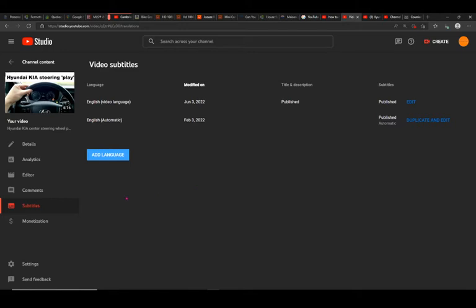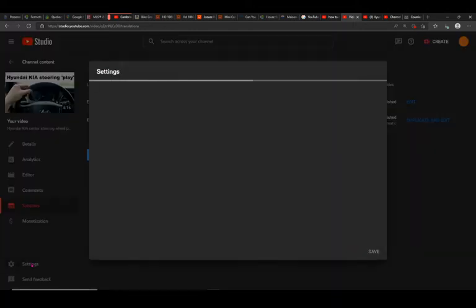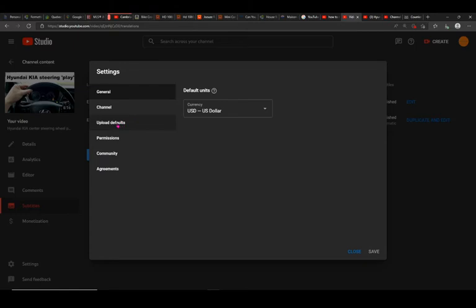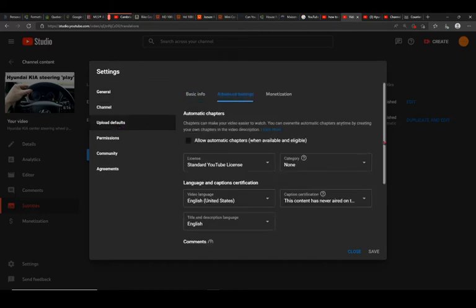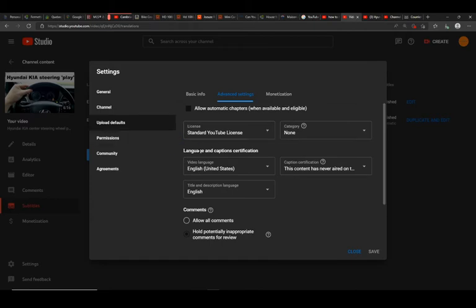I can tell you that in my channel also, these are the settings for the whole channel, I believe. Yes. So you also have it on the dashboard page, but you have this button on every page actually, in the settings of the channel. You have upload defaults, advanced settings, and you need to set these buttons here properly. So language certification, I said English. I want it translated by default to English, but you can change it to any other language. Title and description, I put it in English.